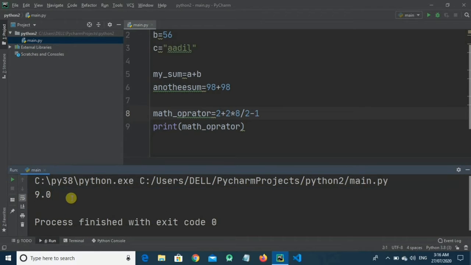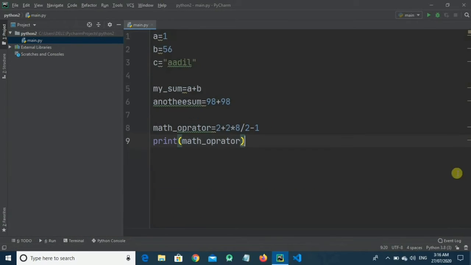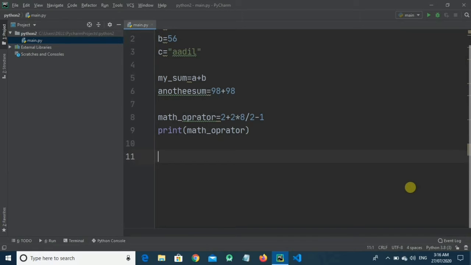Let's see what rules we have to remember while declaring a variable. I will write it right here. Let me make comments, then we will write under the comments. A variable can be letters, it can be words, or it can be, for example, numbers.